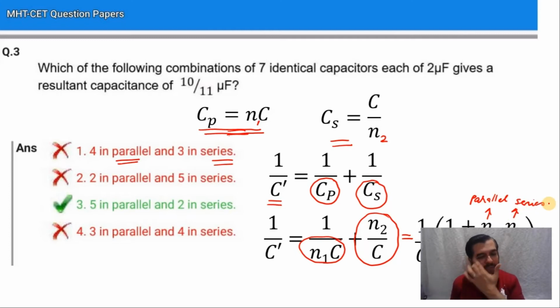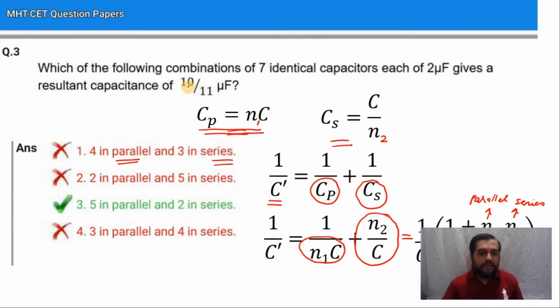See, I made a formula. In physics, understand there is nothing like by-hearting formulas. You can make formulas whenever you need them. Here I made the formula because I have to solve and check every option. So I have made a simple formula, and now I'll solve quickly and see which is the right option.